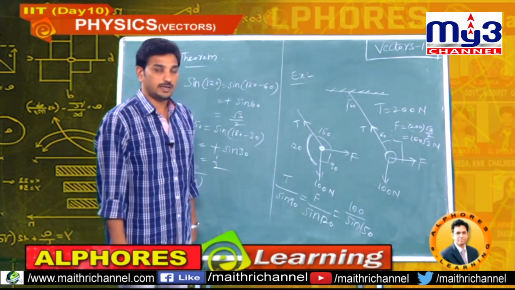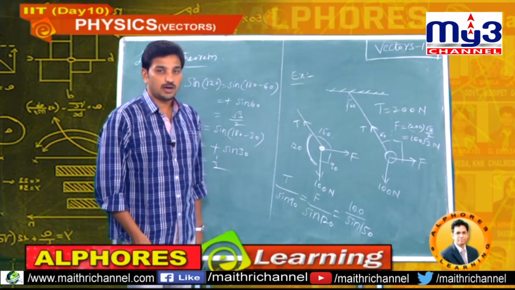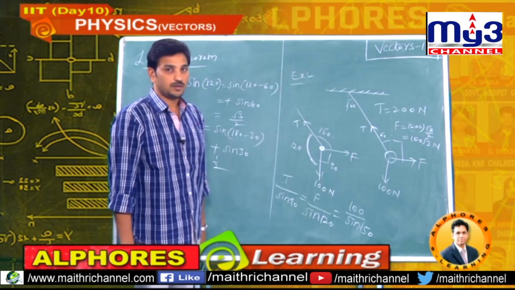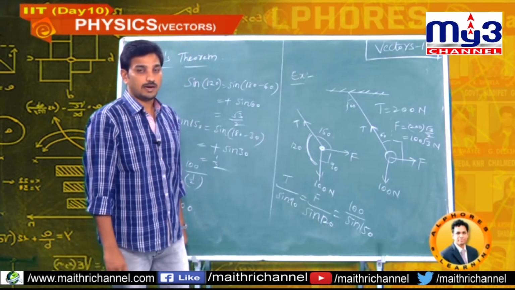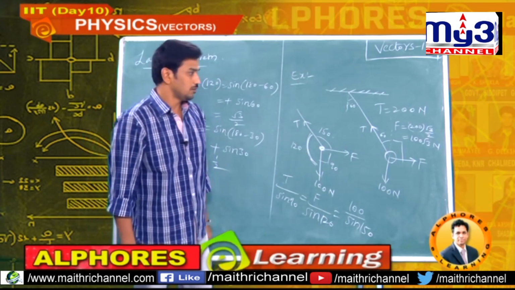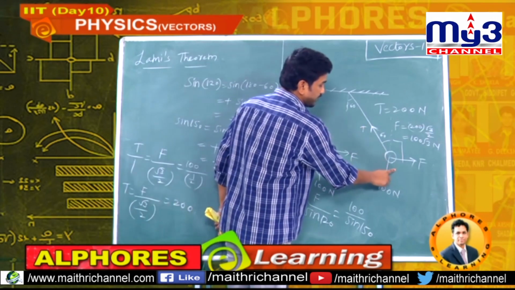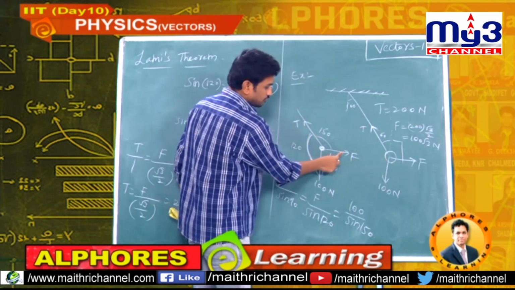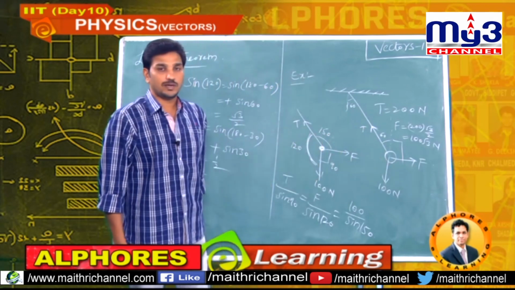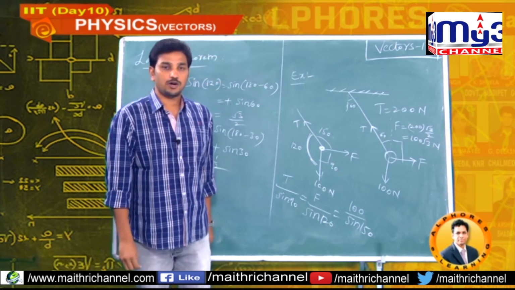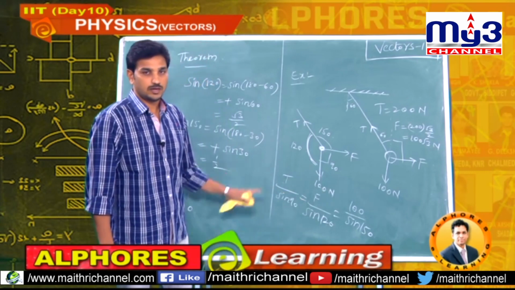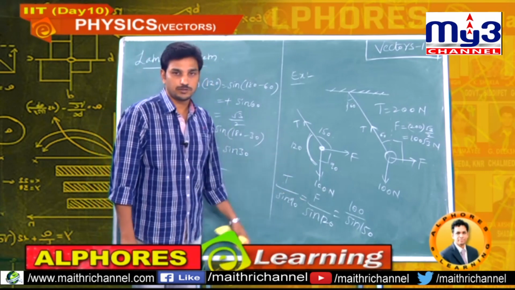So here they may ask you the tension in the wire, or maybe they will ask you the horizontal force applied on the bob of a simple pendulum. What I did here, simple, I applied Lami's theorem. You know the statement and proof of Lami's theorem that I applied. Force by sine of opposite angle, force by sine of opposite angle, force by sine of opposite angle. When we have three forces and the object is in equilibrium, then we should go for applying Lami's theorem. I think you understand some examples of Lami's theorem.